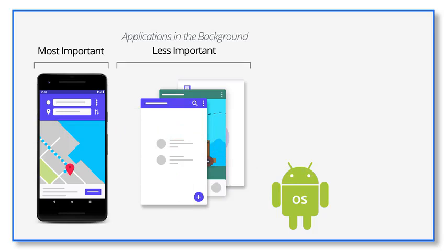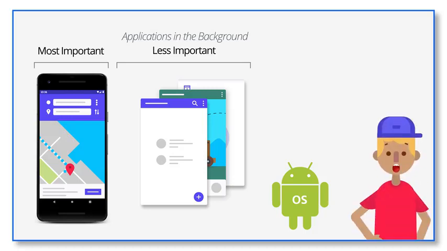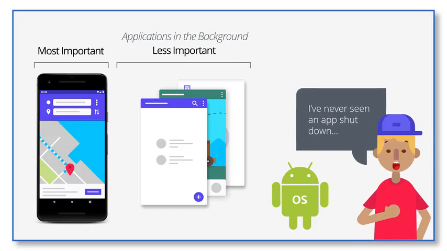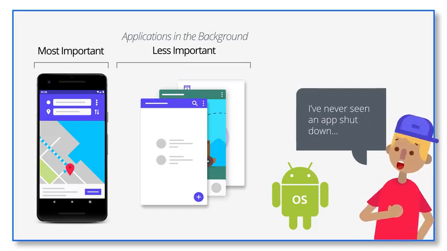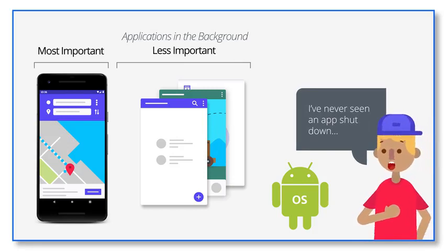This is done when the system is already pretty stressed out and in danger of skipping frames, so there are no additional callbacks or code that is run at this point. Your app's process is just shut down silently in the background. Now, of course, you're probably thinking, I never noticed that apps have been shut down in the background. And well, that's because this would be a pretty bad experience for a user to suddenly lose all of their